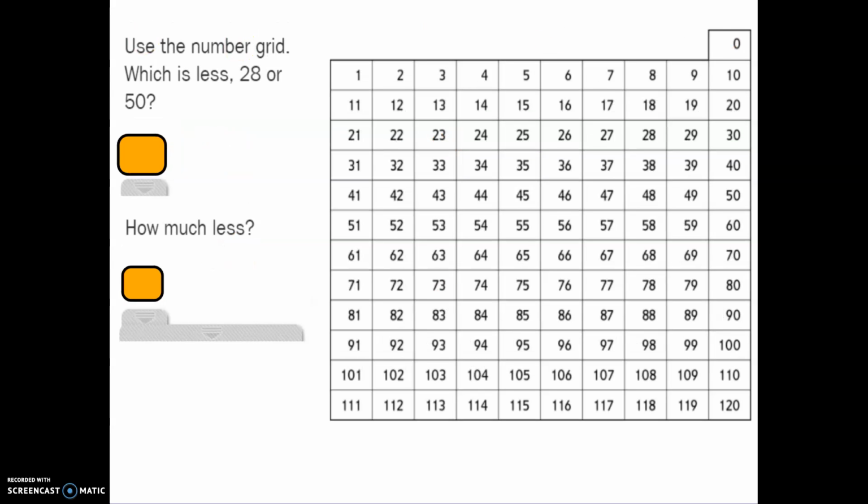I'm going to use the number grid again. Which is less, 28 or 50? Well, here's 28 and here's 50. Before I told you that as the numbers go down, they get larger. So as the numbers go up, they get smaller. So 28 is less than 50. And how much less? Well,